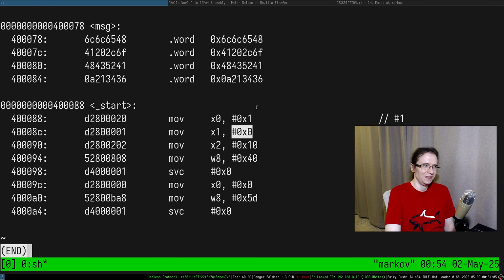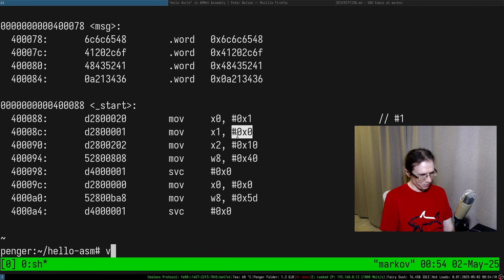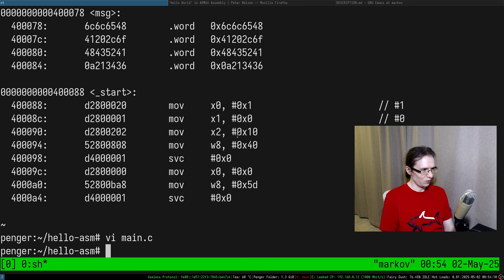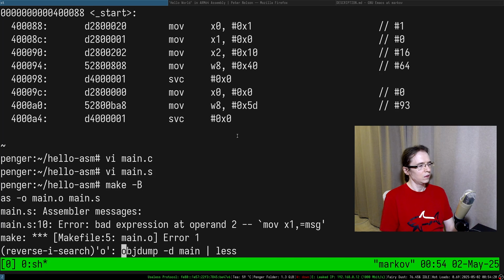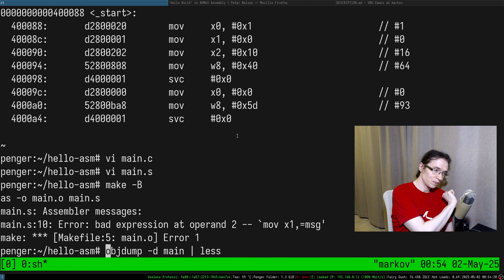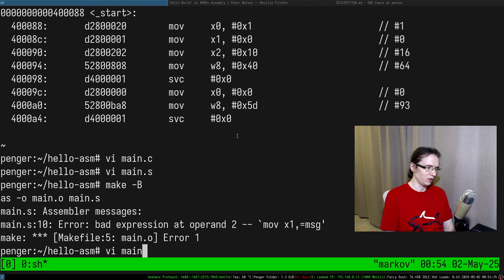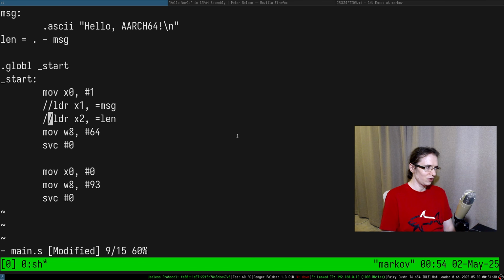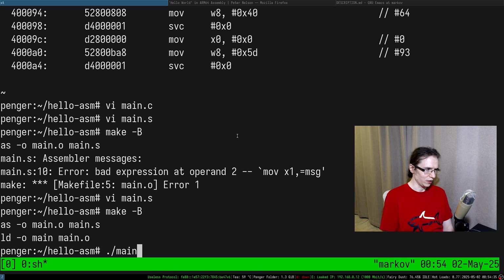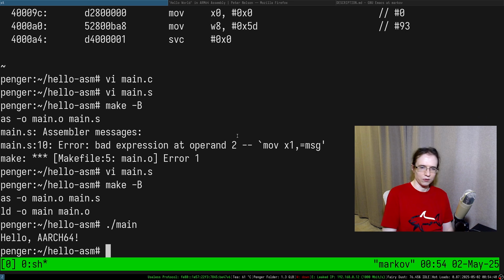But that probably means that what I have to do is prefix it with equals. So let's rebuild. Bad expression at operand. Okay, don't really know what's up with all of that. So I suppose it's better not to question this for now, and just let it do it like this. Okay, so we'll get this stuff. So this is hello from AArch64.